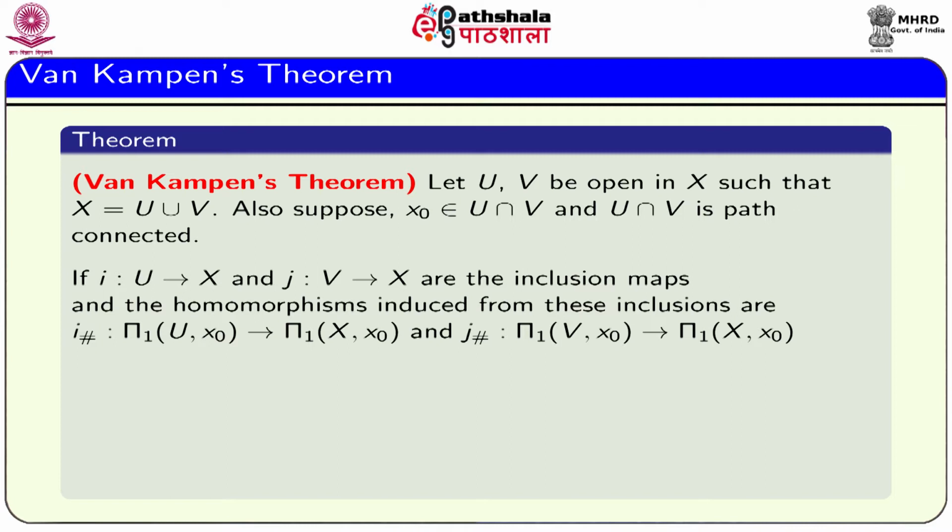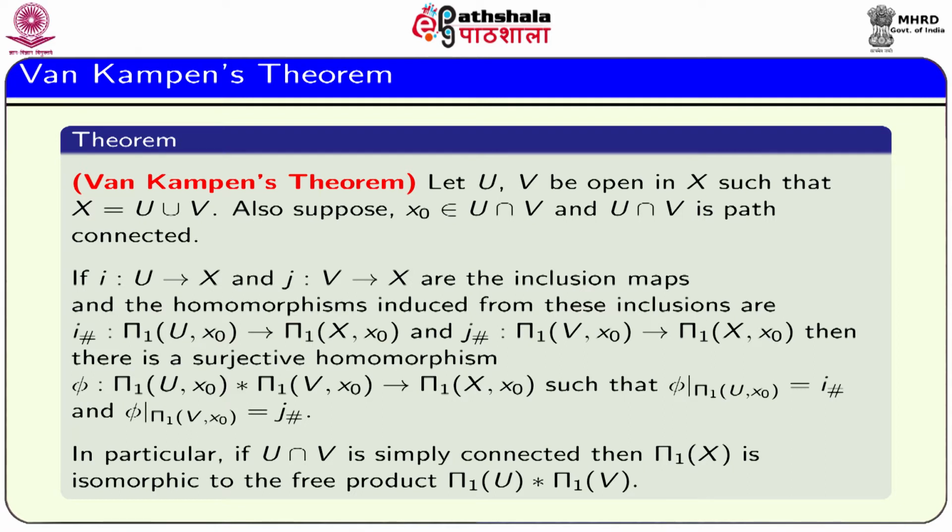In this setup, if i and j are the inclusion maps from U to X and V to X respectively, and these inclusion maps induce homomorphisms i sharp and j sharp between the corresponding fundamental groups based at the selected point x0,